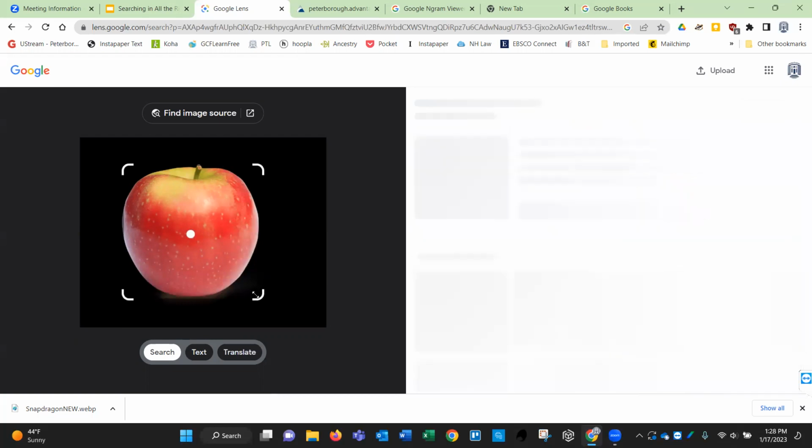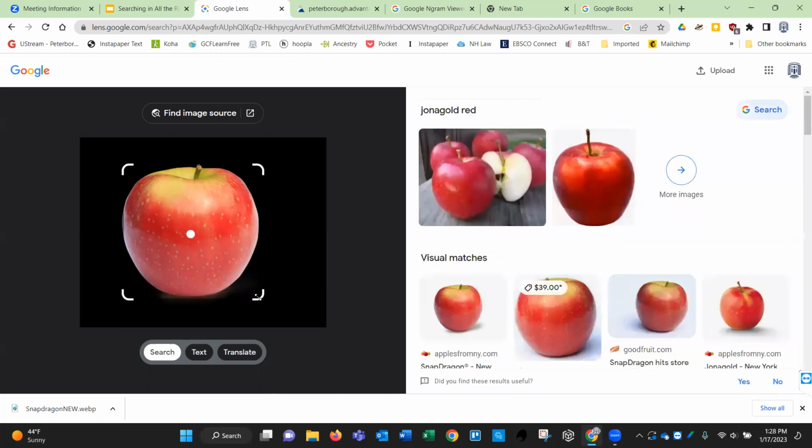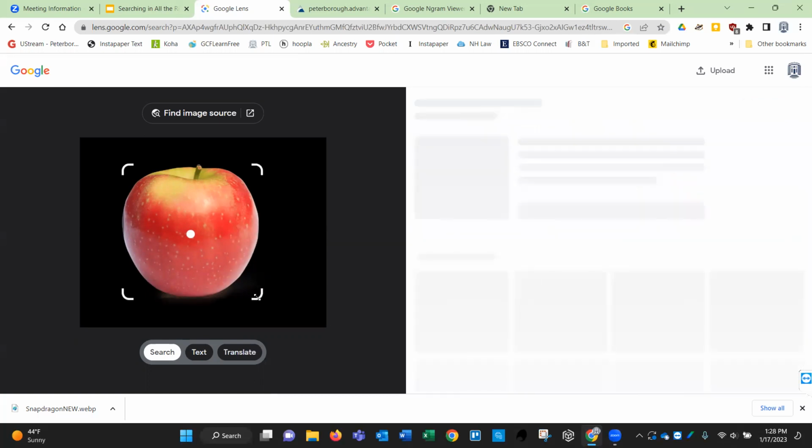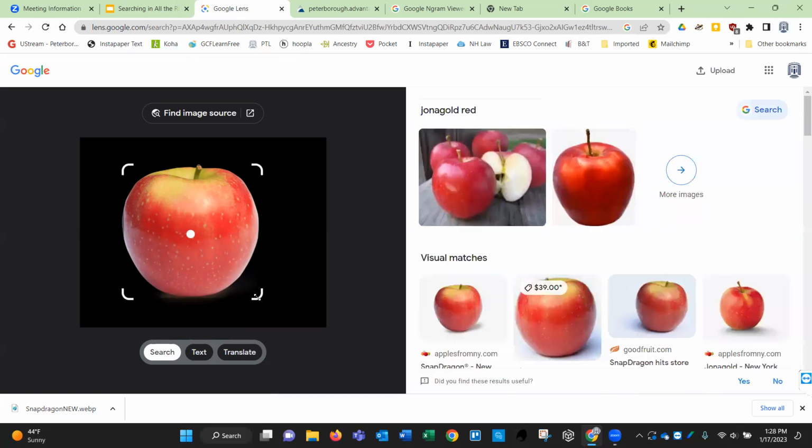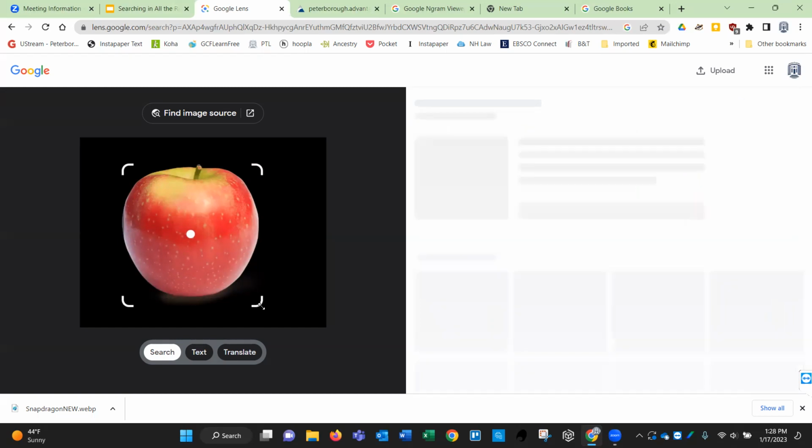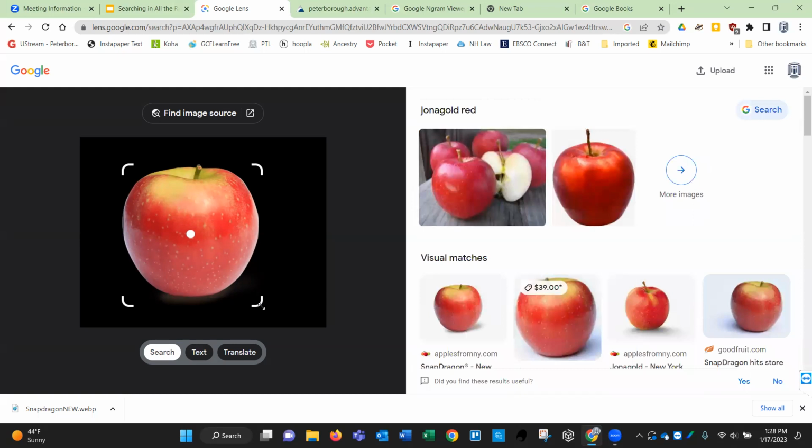little quarter circles. And if this is an image you took, you can use these to define where you want it to look. So for example, if there are two faces in a picture or two items, you can drag these corners to make sure you only select the part of the image that you want it to search. You can see every time I do that, it will recompile the things on the right-hand side.